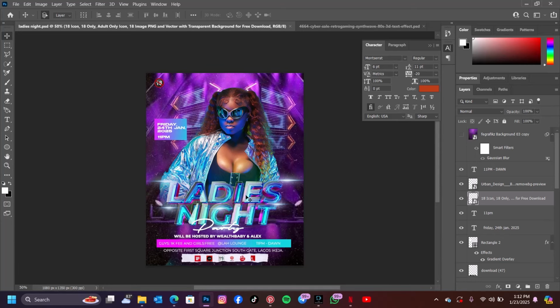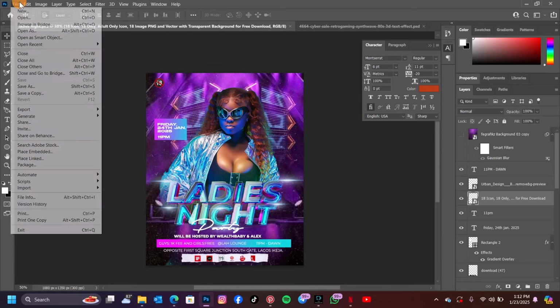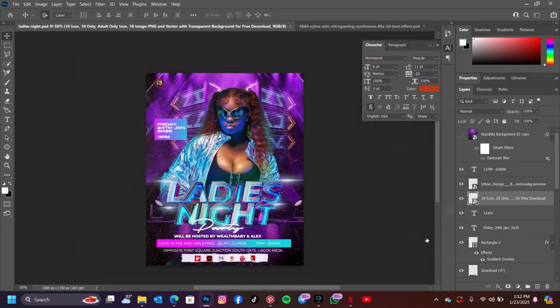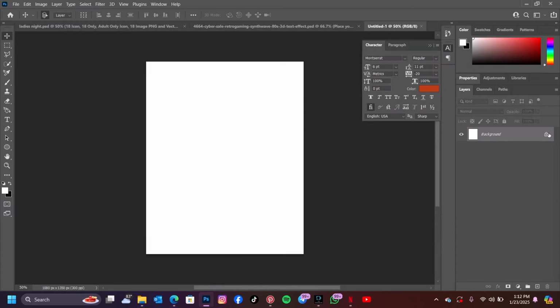So guys, first thing we need to do is to go to our file, click on new to create a new document, and as usual we're going to be using 1080 by 1350. So we're going to click on create. So we have our blank document